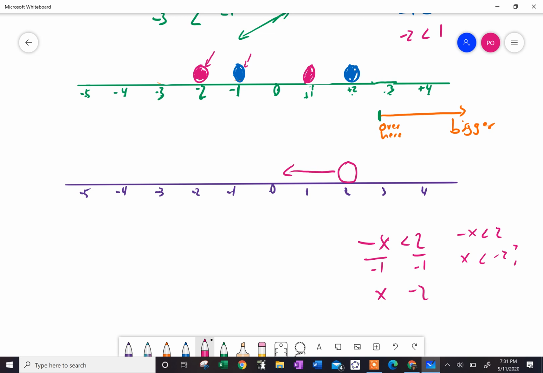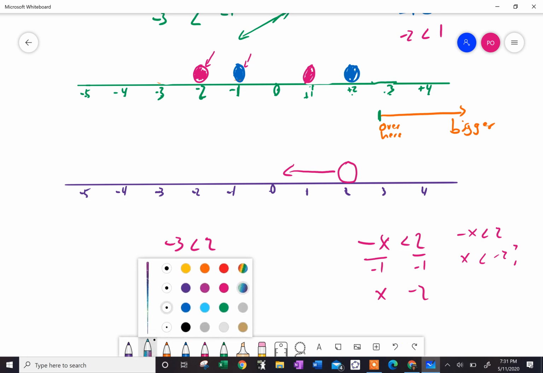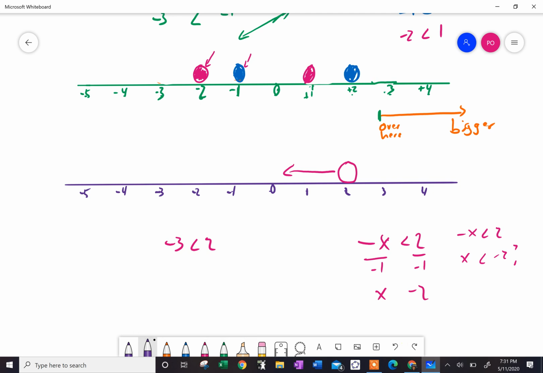Let's pick something that's true. Let's pick a value. Let's say -3 is less than 2. Well, if I were now to divide that by a -1, I'd get a positive 3, and I'd get a negative 2. Well, I know that 3 is not less than negative 2. 3 is actually, in fact, greater than negative 2. So my question is,